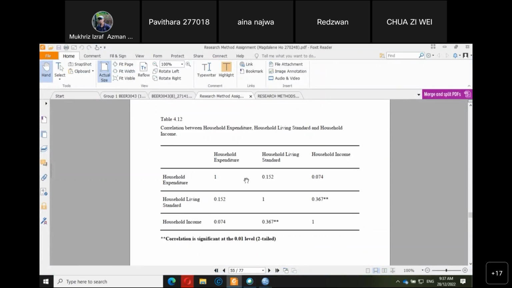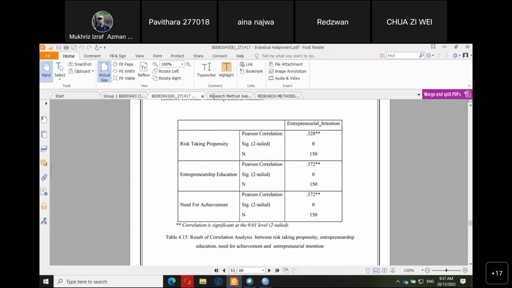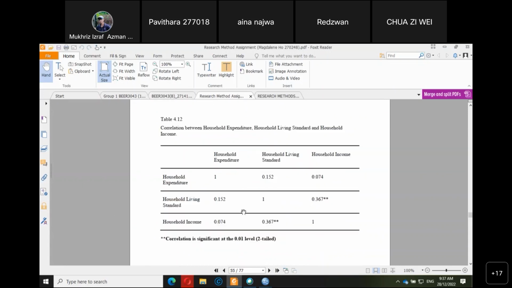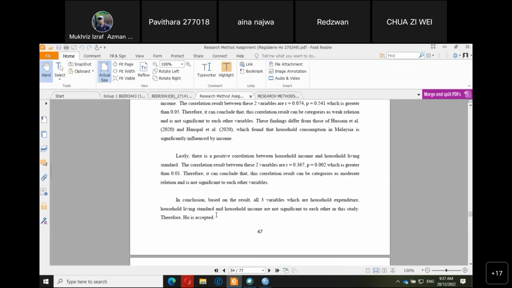So avoid something like this, it does not look right. You can choose something like this, but again, this is not the best either. You can refer to other theses or journals on how they present the Pearson correlation output. This one is acceptable but I rarely see it. The most common is this way. You can put here significant at 1% or 5%, and then explain whether it is low or high, based on